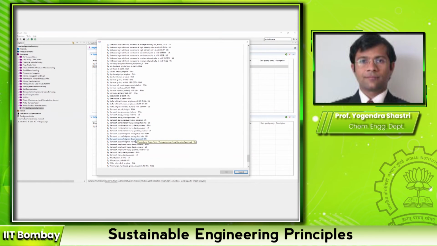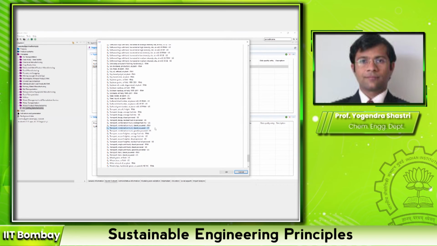So here again, let's go ahead with the combination of transport, combination truck, diesel powered US. Let us select this option. Combination truck means a typical truck in the US, which is diesel powered.